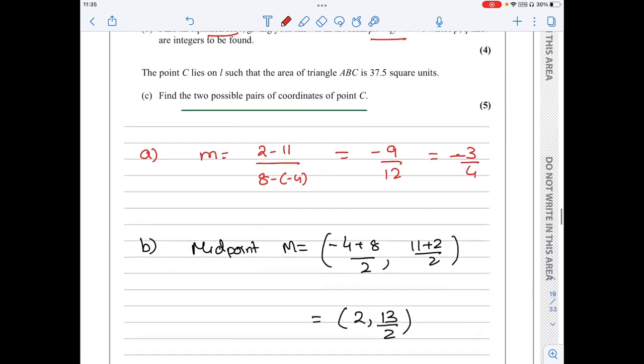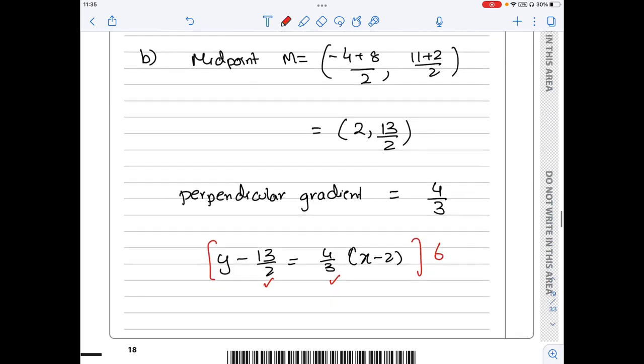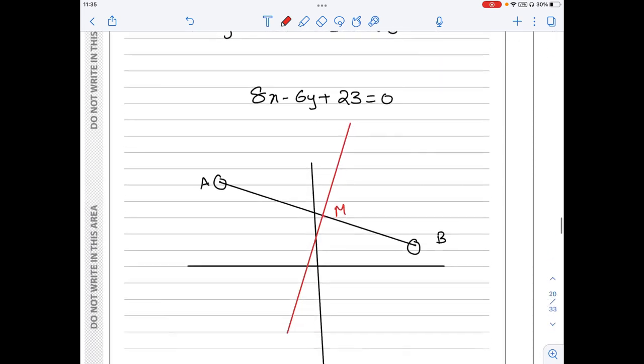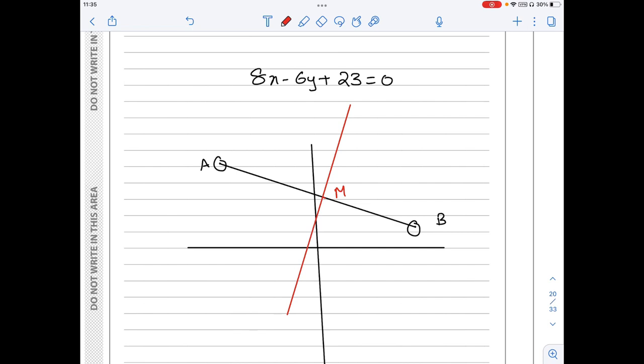There is a point C on L such that the area of the triangle ABC is going to be 37.5. So C can be either on this side or on the other side. So that's why there are two possible values. Now,